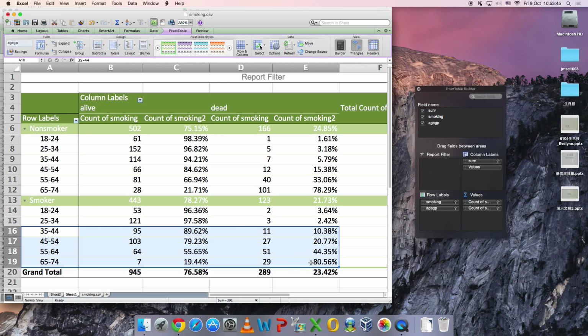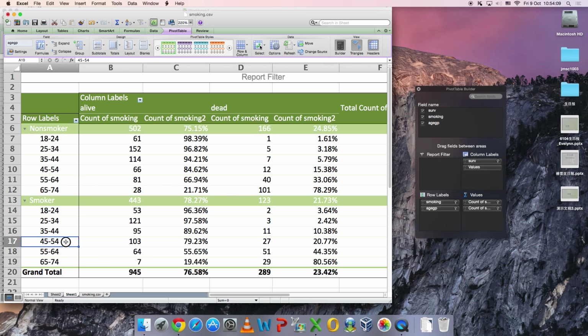when they get old, they are more likely to get chronic disease like cancer, heart attack, diabetes, things like that. And those chronic diseases are actually associated with smoking. When they smoke, they are more likely to have cancers. So this group has a much higher death rate among smokers. And for the